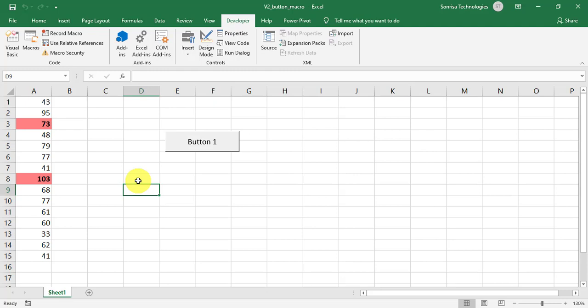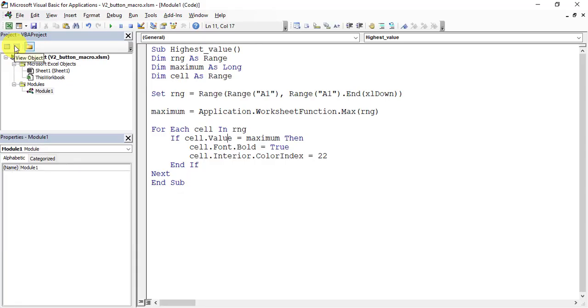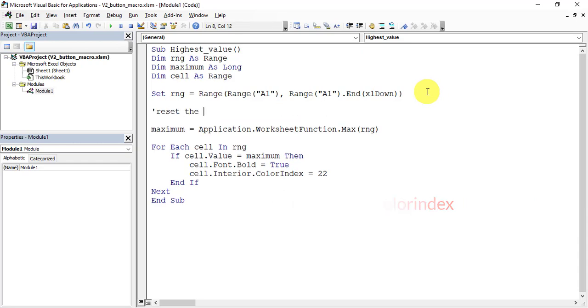This can be rectified by adding a few lines of code that reset the formatting before highlighting the actual value. Go to the Visual Basic editor and reset the font and the color index.